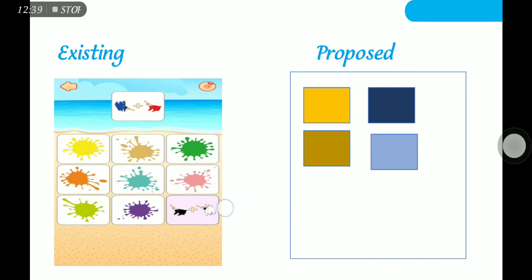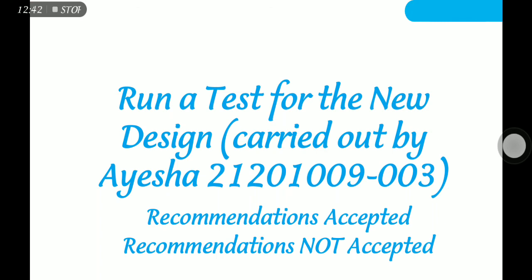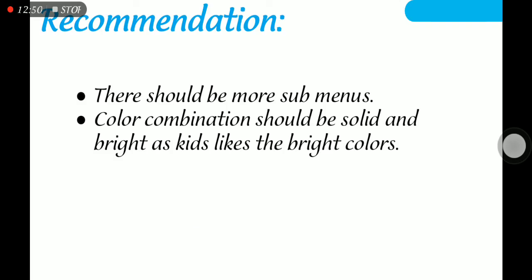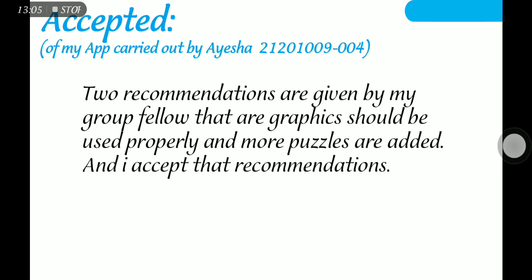This is the suggestion of one of the children. We ran a test using my group fellow, Aisha, with roll number 3, and she recommended that there should be more submenus. Color combinations should be solid and bright, as kids like bright colors. These are the suggestions given by my group fellow, and they were accepted and can be worked upon,